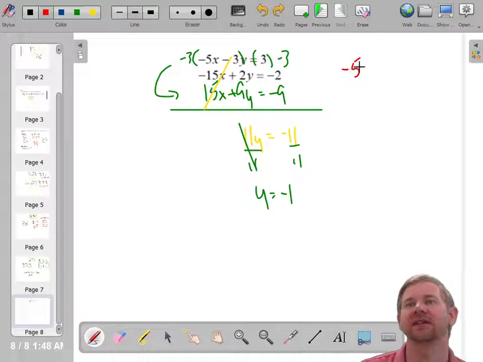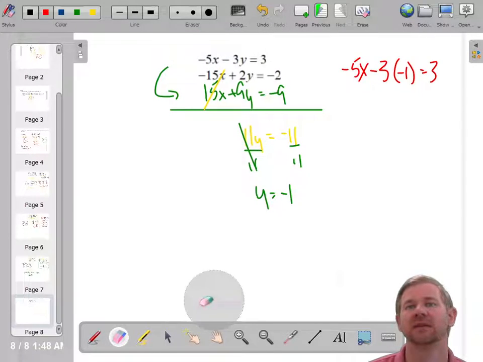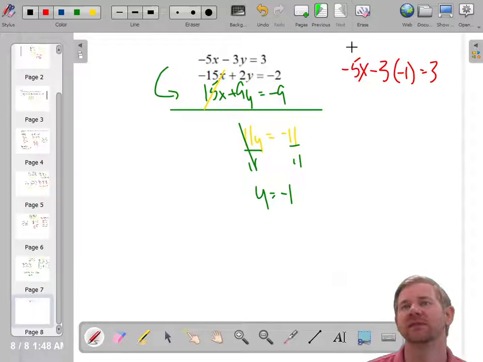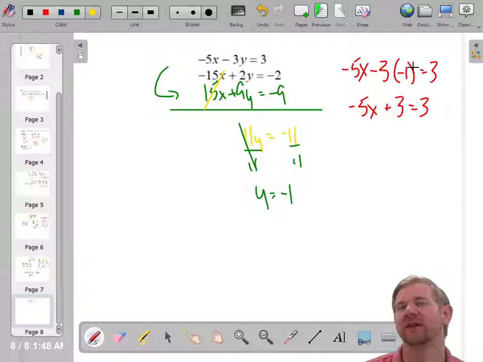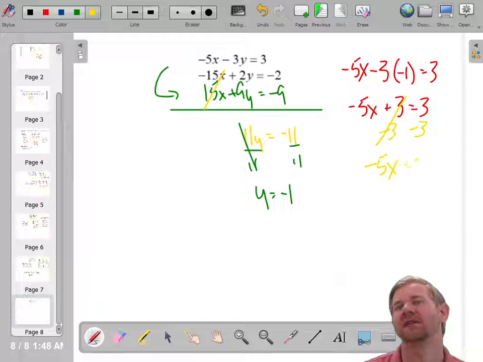Oops, negative 5x minus 3 times negative 1. Okay, so I'm using this original equation where y equals negative 1. So negative 5x minus 3 times negative 1. Negative 5x plus 3 equals 3, because negative times a negative is positive. I'm going to get 0. Okay, negative 5x equals 0. So when you divide, now,